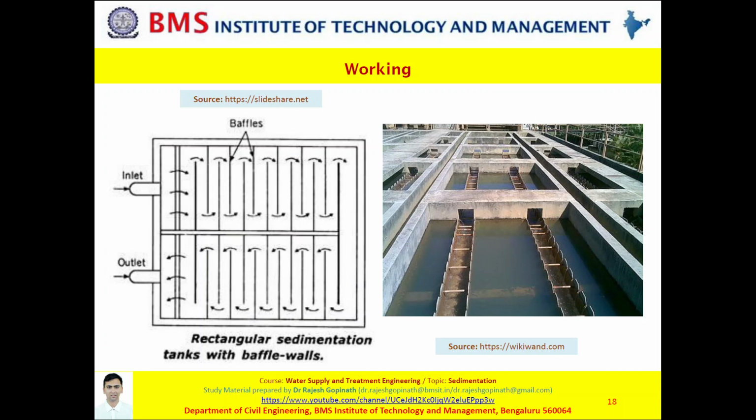Not only does its velocity get reduced, the suspended particles also strike these baffle plates and fall down to the depth of the tank. So, throughout the length of the tank, this is achieved: a reduction in the velocity to enable settling velocity to be achieved, and also settlement by impinging on the baffle plates. This is a very simple working and operation. However, the clarification efficiency would be relatively lesser when compared to a circular tank.